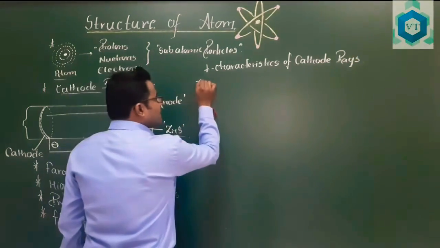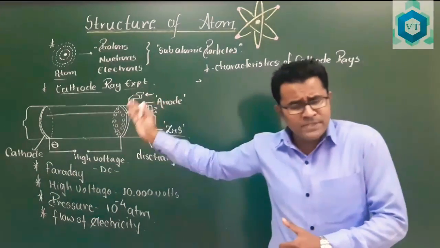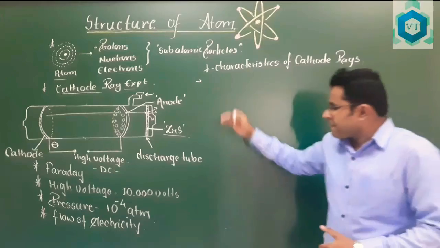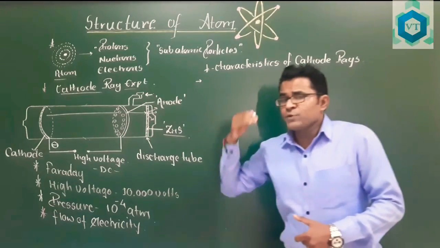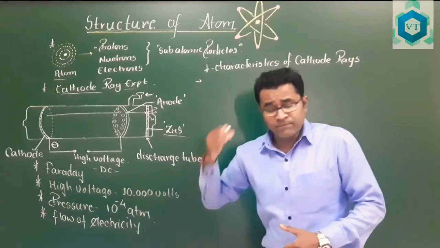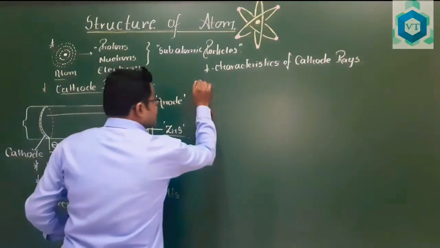Please remember that all these characteristics were given by J.J. Thomson because he took the same experiment, repeated it several times, but he had his own conclusions. Now, what J.J. Thomson says is that